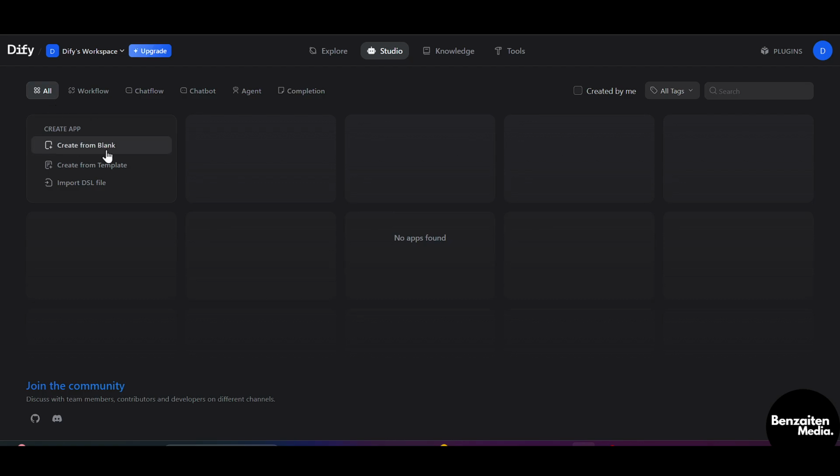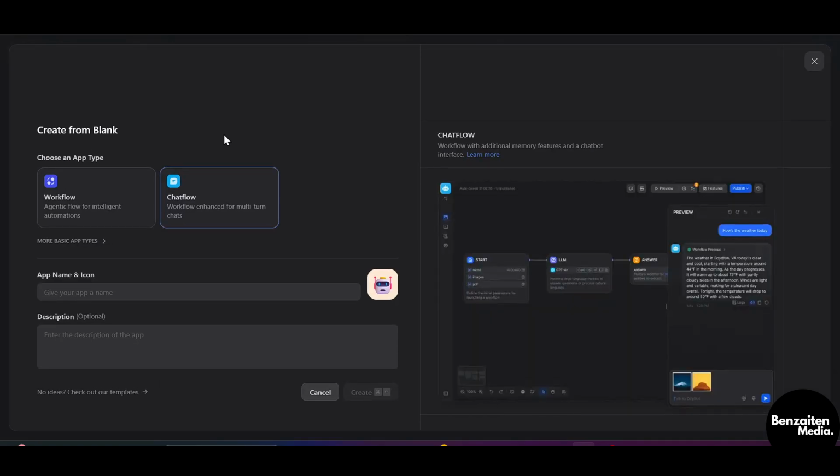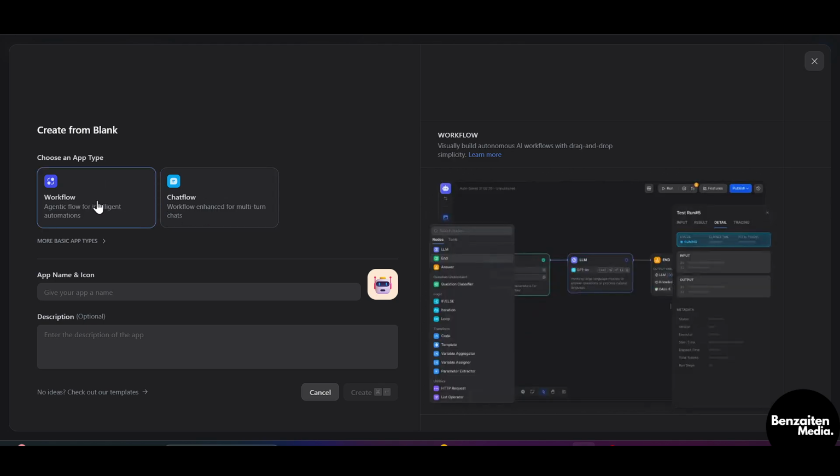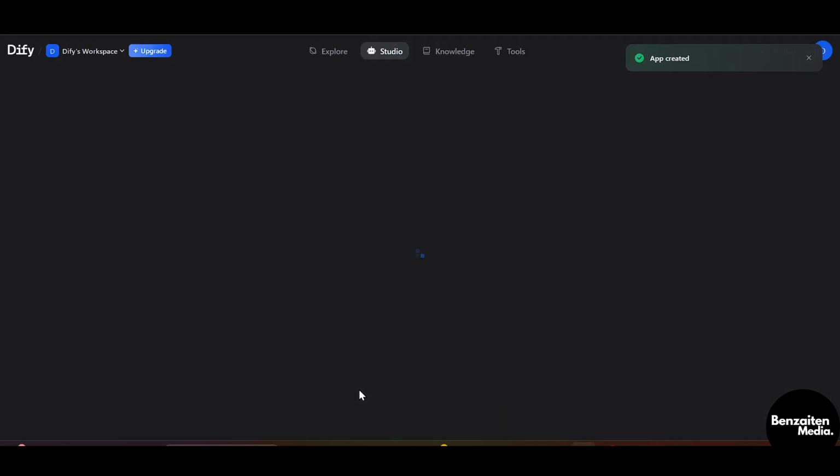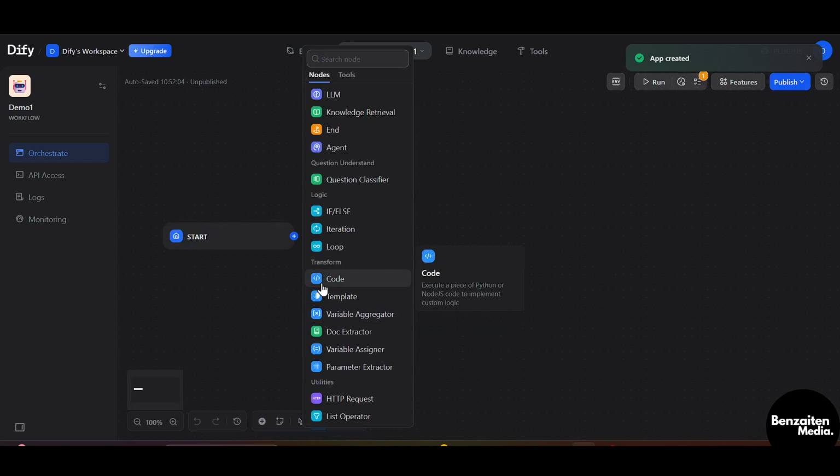When you click on all, you can just start with create from blank, and then you can create a chat flow or workflow. Let's say I am creating a workflow and then just name your app or icon. After that, you can add the description if you want, but this is optional. I'll just create it by the name. And after that, you will be led to the orchestrate option where you need to start,